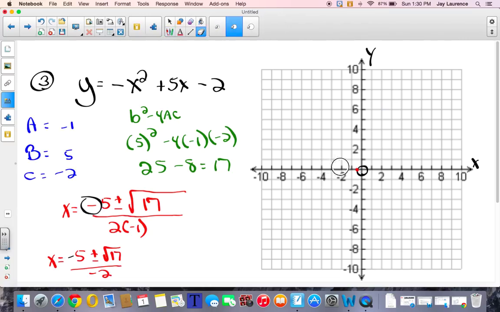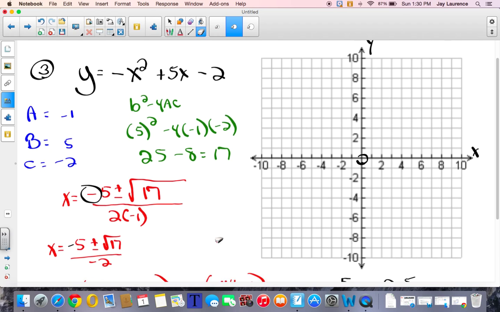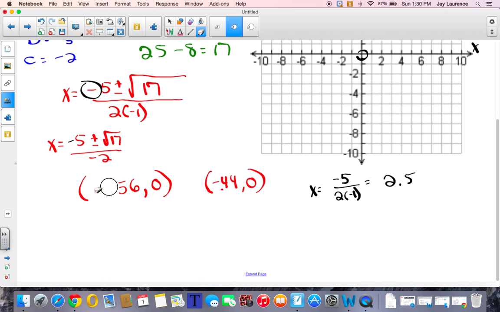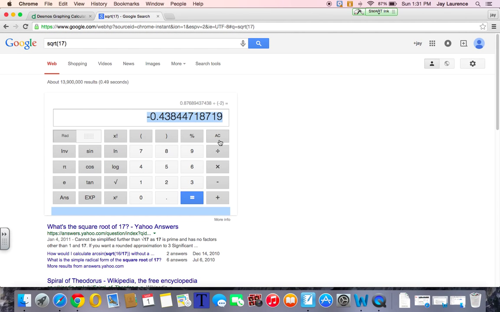All right, that's going to change these zeros. It'd be kind of cool how they change. I'm just going to erase them, but we'll do them again real quick now that I caught my silly mistake. And I'll bet they're both going to end up on the positive side based on where my axis of symmetry is. But let's go -5. So I need to bring this back up and clear that and go